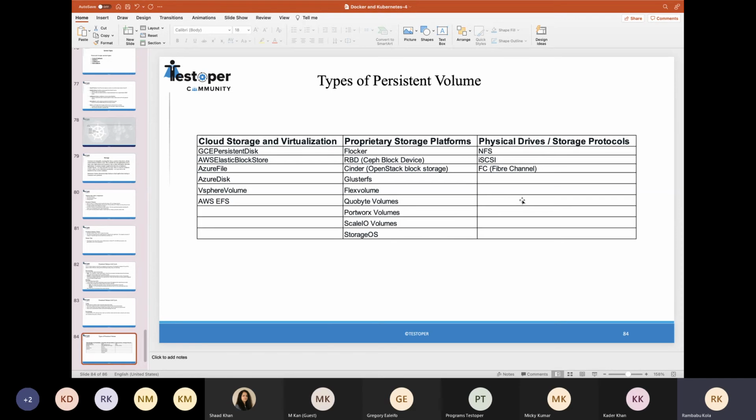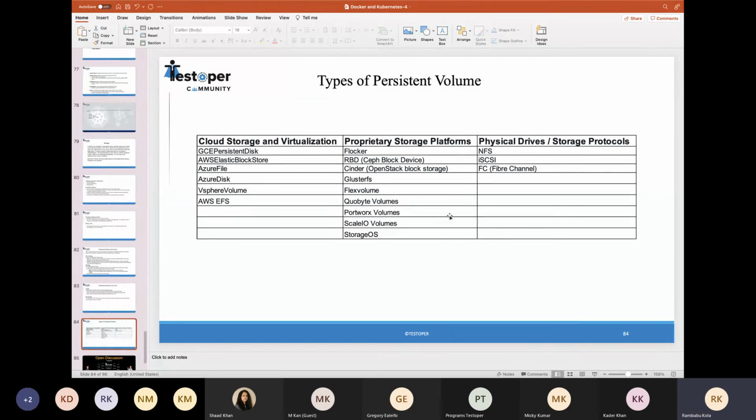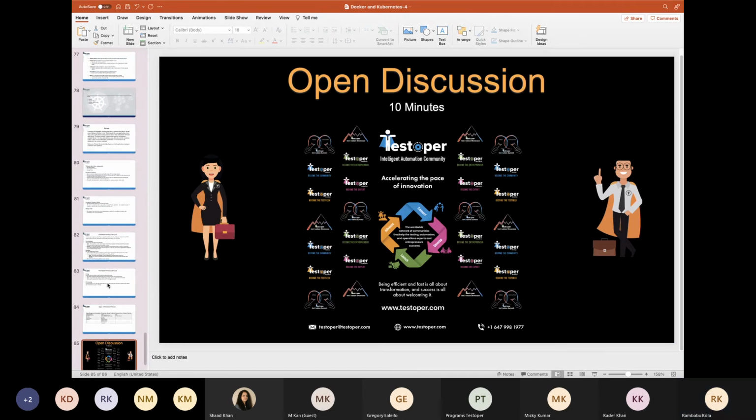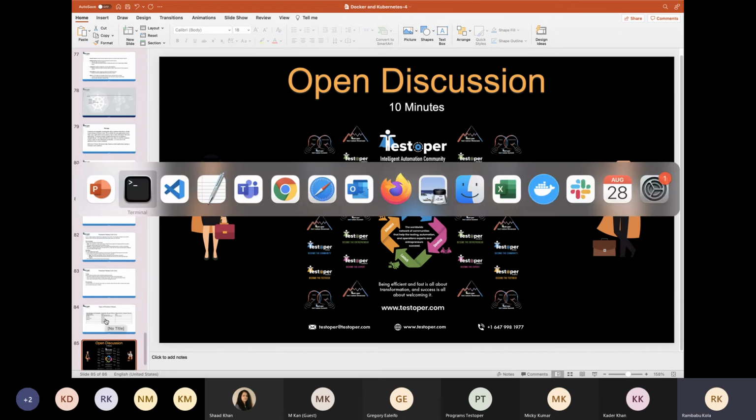So there are many different types of volumes available, which can be used while deploying to Kubernetes. So this is all for today about the volumes and the installation of Kubernetes.